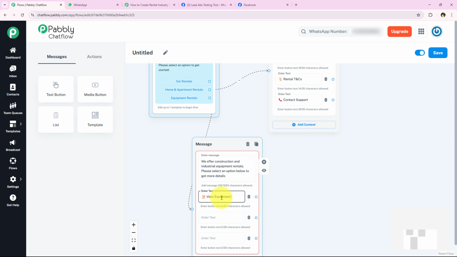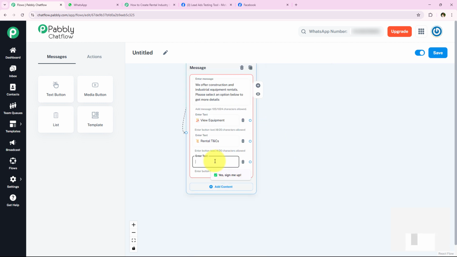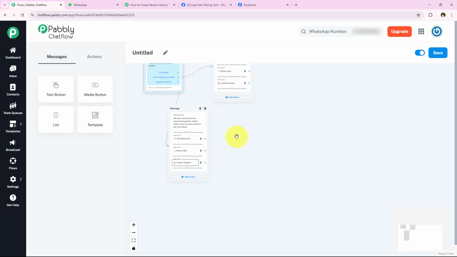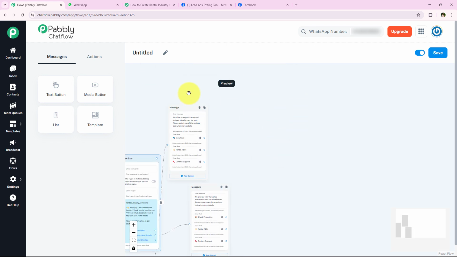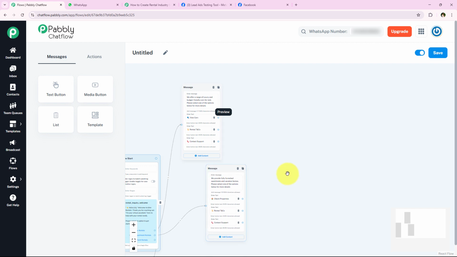Enter the text of all of these buttons. First would be view equipment. The second would be rental terms and conditions. So once again, I'm just going to copy and paste it from above. And then for the third, I want it to be contact support. So yes, you can see that now I've successfully set up 3 messages if my user selects any one